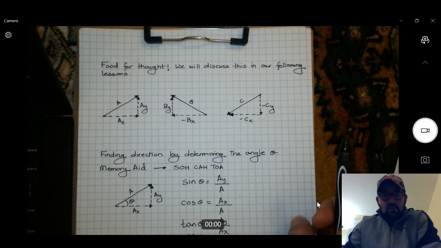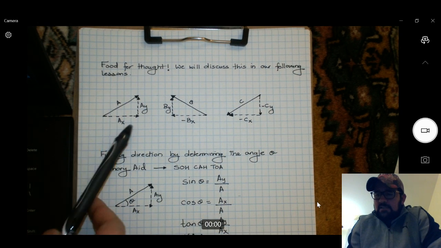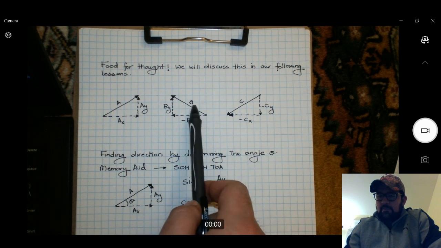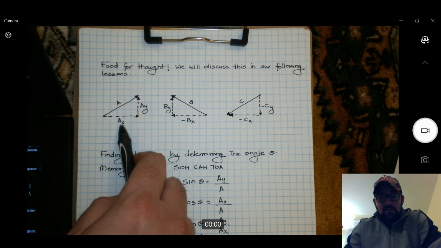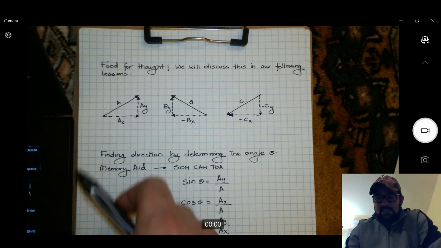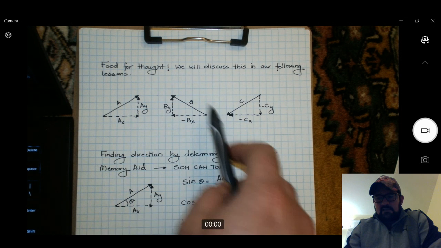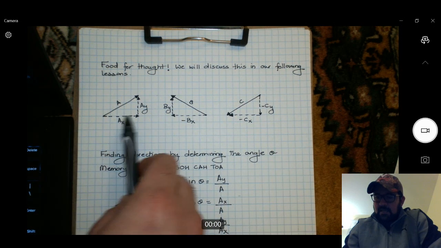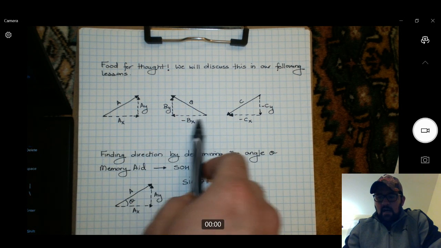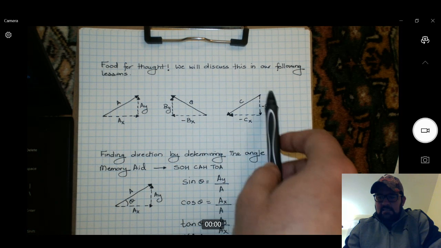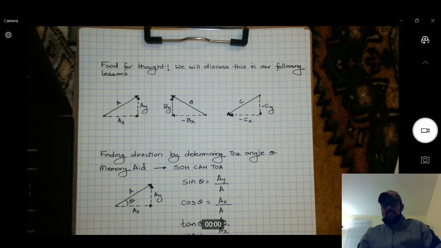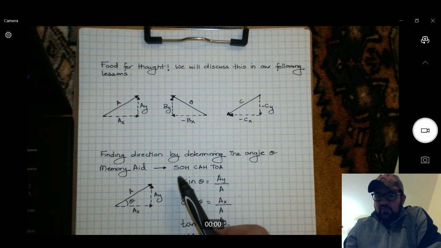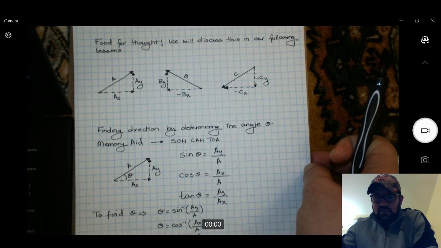Now, before you go, here's some food for thought. I want you to take a look at these vector drawings. This is vector A, B, and C. You can notice that I've gone ahead and broken these vectors up into their x and y components. So now I'm doing the reverse of what I did earlier. If you have a vector that's pointing in this direction or this direction or this direction, this is how you break them up into their x and y components. So take a look at this and put this in your notes. This is just food for thought, as it will show up in our following lessons. There's also some more food for thought right here. If you have to find the direction of a vector,